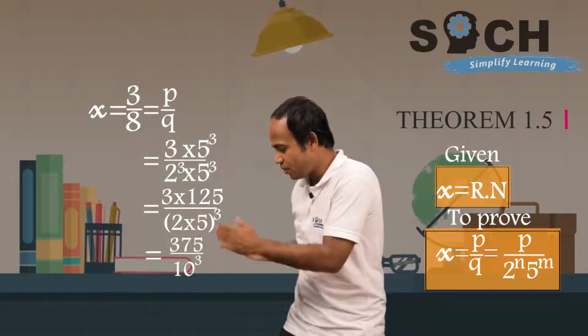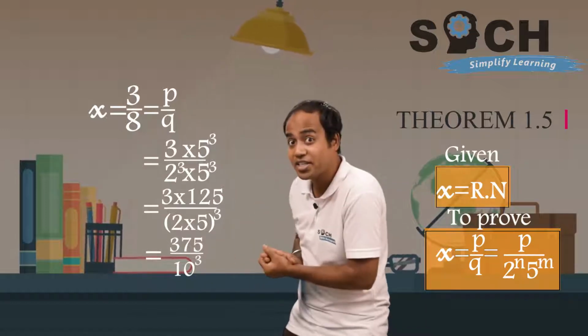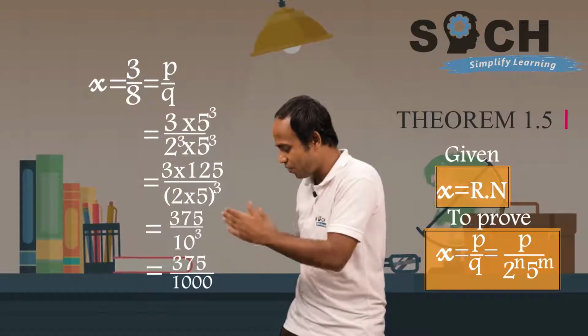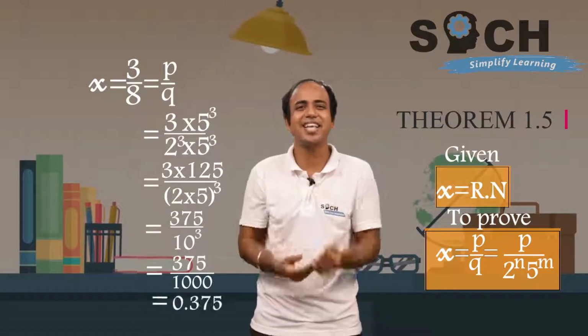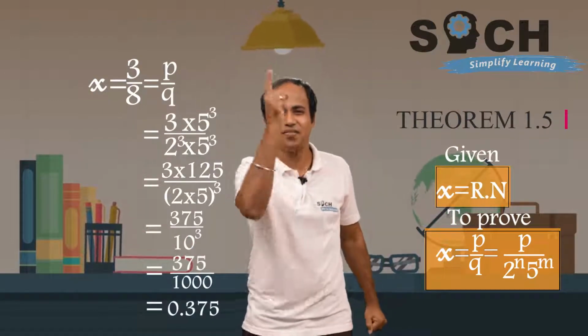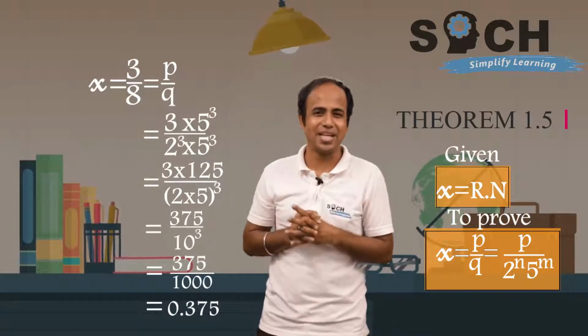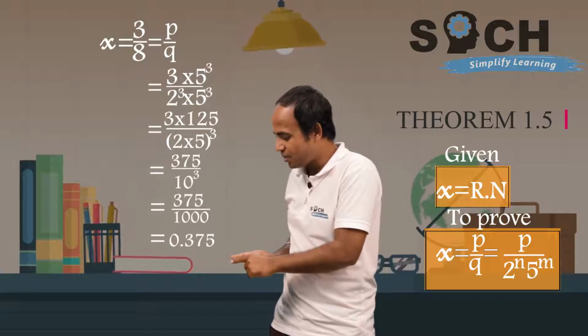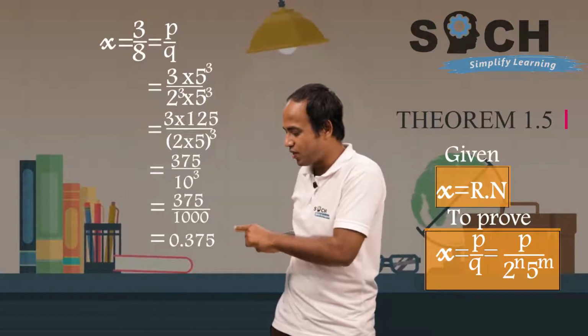Now this is equal to 375 upon how much? 10 cube. 10 cube कितना होता है? 1000. 375 upon 1000 is nothing but 0.375. Therefore the conclusion is that this 0.375 is as good as p by q, which is equal to